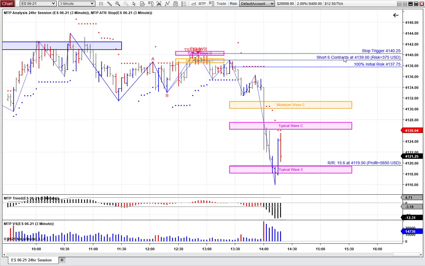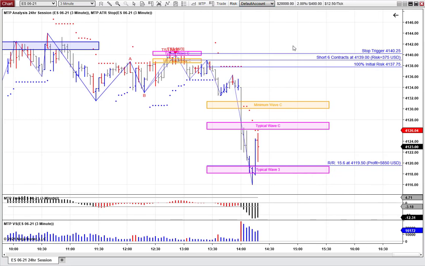this gives us our entry level, our position sizing. Remember, we are risking 2% of a sample $20,000 account. Obviously you can change the size account you wish as well, therefore that's on a $10,000 account, or if you're trading a $5,000 account, you can change the size you wish there as well. But we are using a sample $20,000 account risking 2%. So that gives you the entry level, it gives you the number of contracts, and it also gives you the